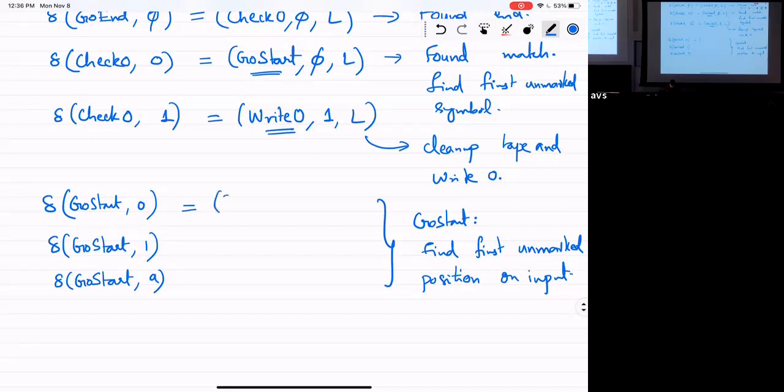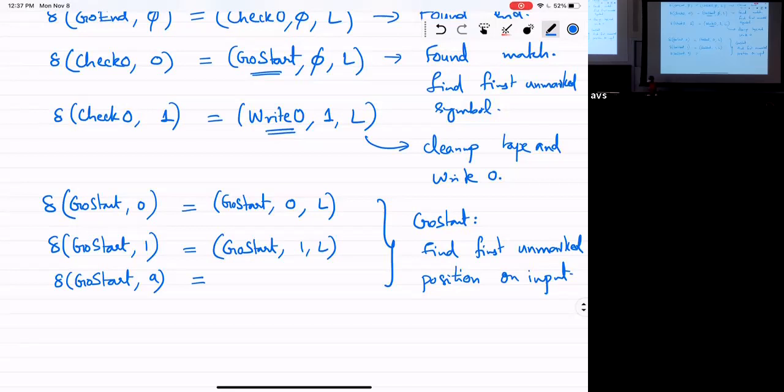Exactly, right? So you basically stay in the same state, you don't write anything, but you move to the left. And for 1, the same, right? But if I see an A, what does that mean? What should I do when I see an A? Exactly.